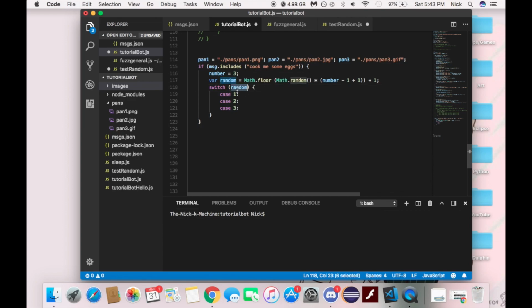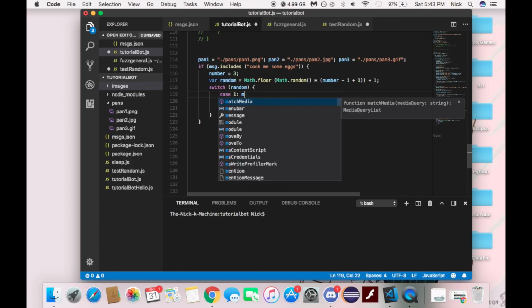So this indicates what variable it's going to be. We could do a string and do string, and in here do blah, blah, blah, but we're not doing that. So we're going to be doing this. And we're going to do